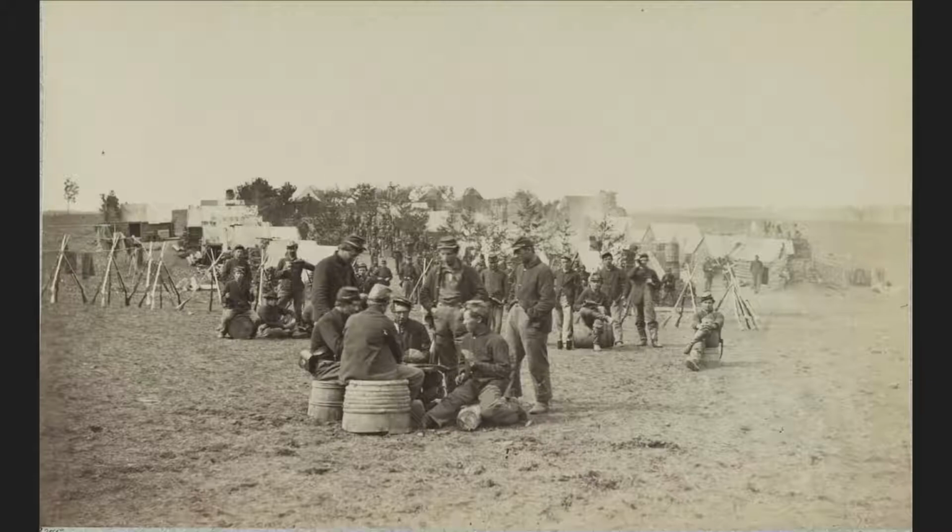Henry Truefitt becomes our colonel, and Truefitt will lead us into the bloody spring, the Overland Campaign. And as it is getting closer, a sense of dread is among the 119th Pennsylvania. But some optimism, because in late April,